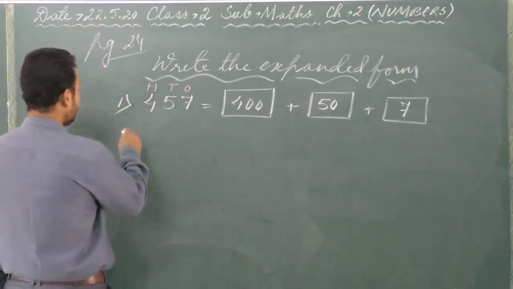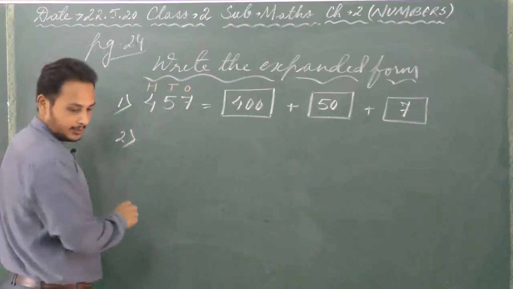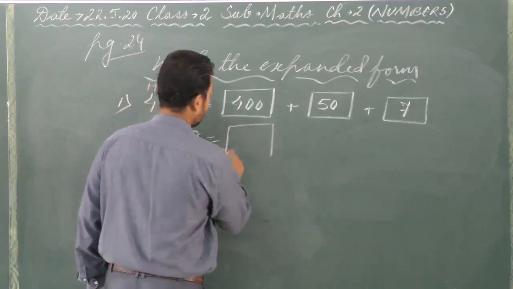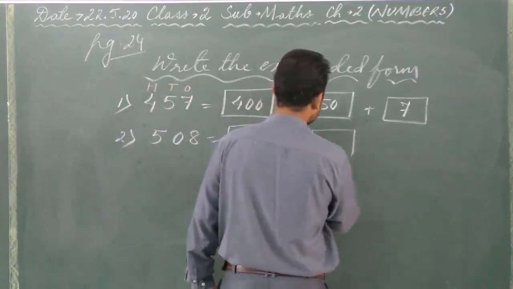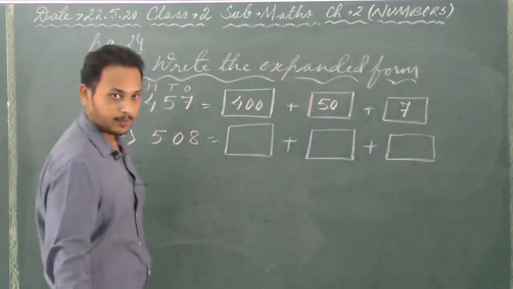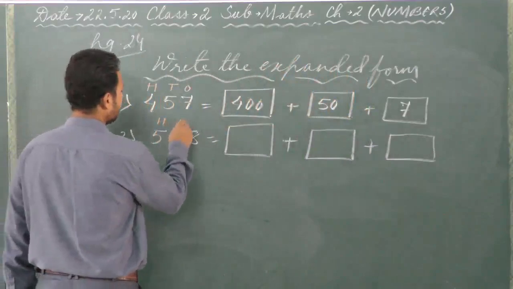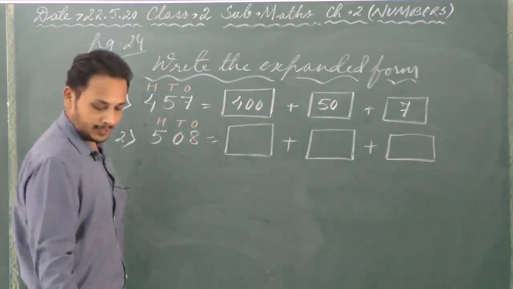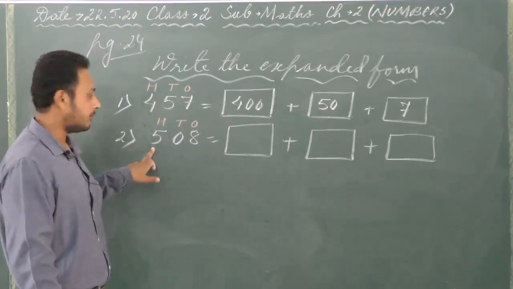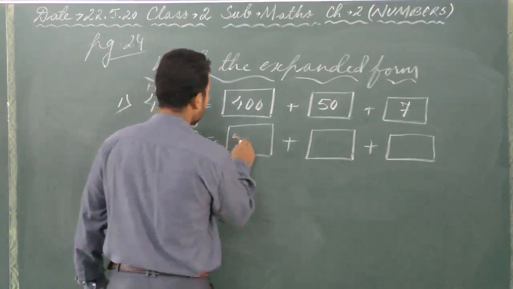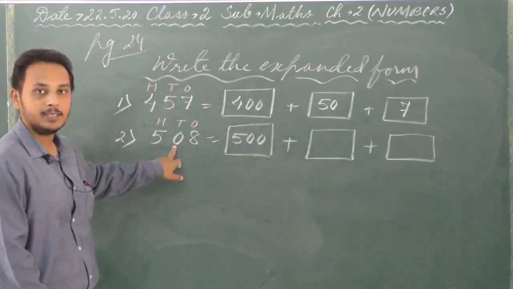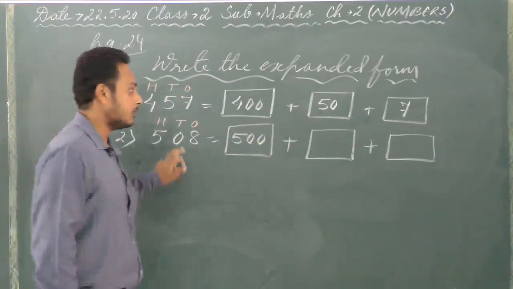I can practice one more number since it is a bit different here. That is number 2, 508. Now over here, as you can see, there is 0 given in the tens place. Now I'll tell you how to do that. See the first number now, that is 5. 5 is in hundreds place, so we write 500. Now important point to remember, we have 0. 0 is in tens place. So what are you going to write?